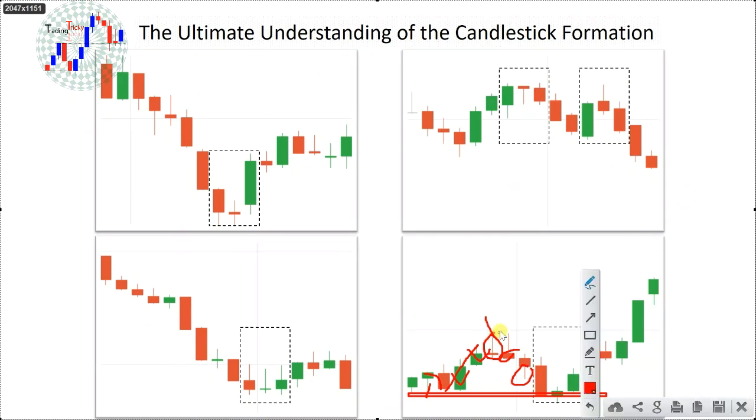It means after these two rejections, the sellers are interested, but maybe the trend is an uptrend, something like this. So there we can see some buyers interested, but this is a strong level, I think. So suddenly sellers entry and the candle closes at the level. So when the candle closes at the level, if this is an uptrend market, then definitely we can expect buyers entry. If this is a sideways market, still we can expect buyers entry. If this is a downtrend market, then maybe buyers will enter or sellers can enter.